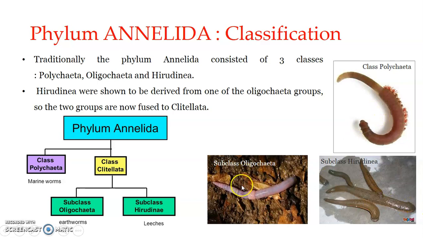And in all these groups, you can see the body is segmented. Externally visible segmentation can be found everywhere, isn't it? So that is the very peculiar nature of phylum Annelida. The term Annelida comes from annulus, which means rings, and here actually it means segmentation, or segments. Fine. So this is about the general features of phylum Annelida and how it is classified. And in the coming videos, we'll be looking into each of the classes in detail, the subclasses and examples. Fine. Thank you.